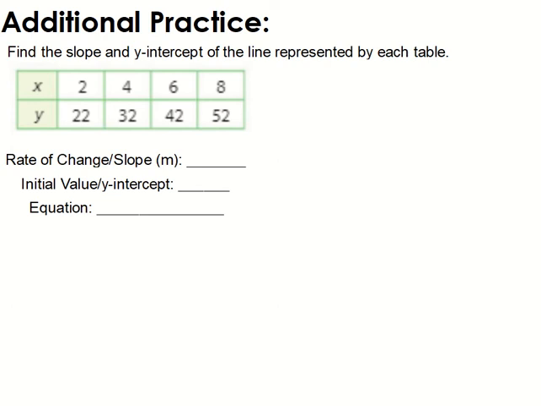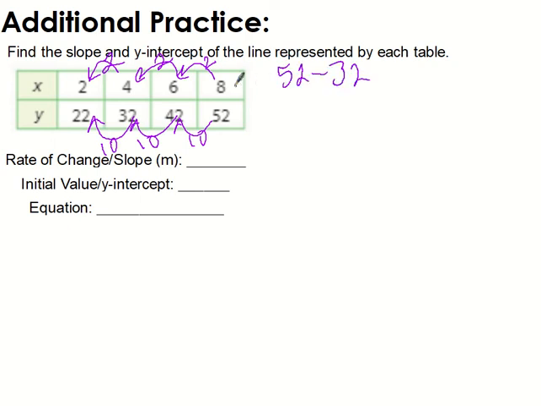Okay, so you either can subtract, subtract, subtract, right? So that gets me 2, 2, and 2. And then I can subtract, subtract, subtract, and get 10, 10, 10. You really could have picked 2 points, right? Not y's over x's, I mean y over x, so 52, take away 32, right? That's this one and this one. And then like 8, take away 4, you could have done it this way too and gotten 20 over 4. But it doesn't really matter, it reduces to